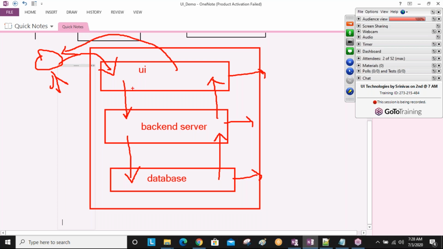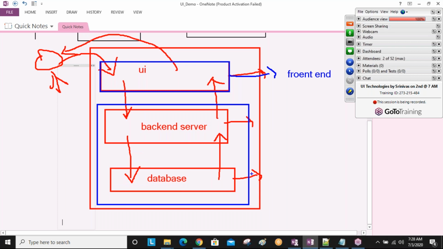Understand? Sometimes some people know only this part of the code, and that person we call a front end developer. Some people know only this code, and we call them a back end side developer.